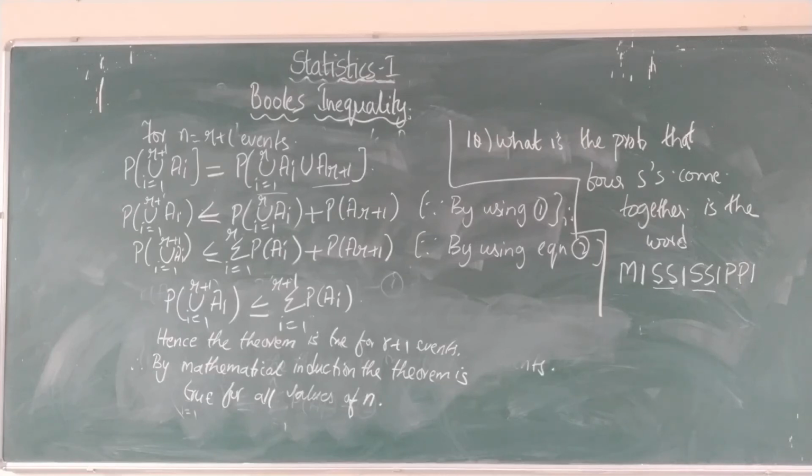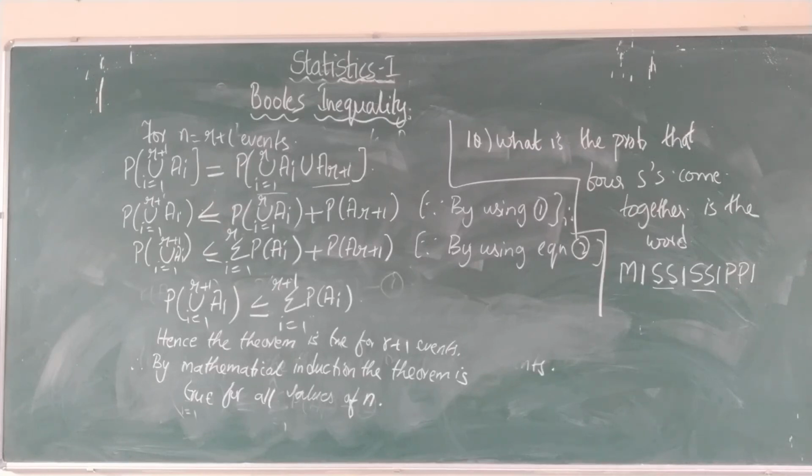So here you find the total outcomes and then the favorable outcomes. If you know, do it. Otherwise, I will explain this problem in the live class. It is simple, just the number of outcomes. How many letters do we have in total? 1, 2, 3, 4, 5, 6, 7, 8, 9, 10, 11. So 11 factorial by, what are the different repeated values? 4 S's we have, 4 I's we have, and 2 P's we have, right?